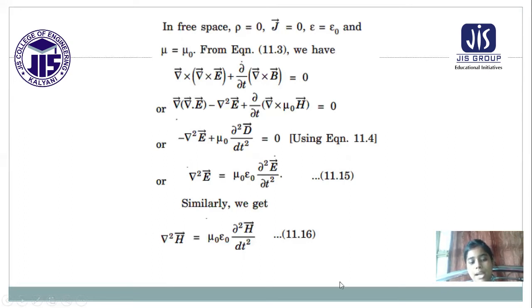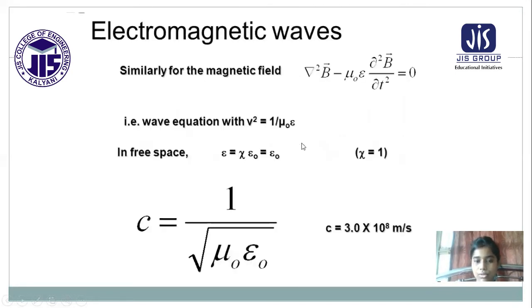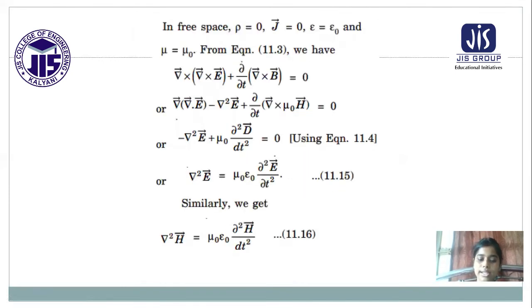So if we compare it with the wave equation, then nabla square H equal to obviously 1 by c square del square H by del t square. If we go to the previous slide, here we had to prove this relation, and the proof has already been given here, so you can follow it easily. Nabla square H equal to mu naught epsilon naught del square H by del t square. For that you have to start from this equation.